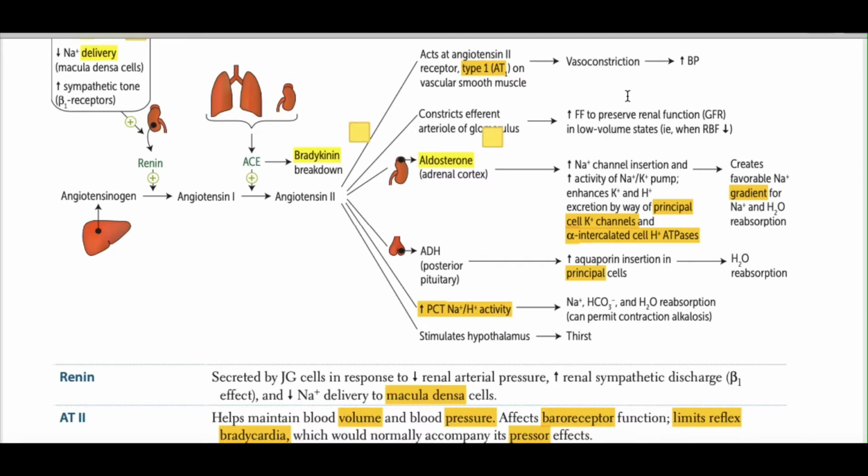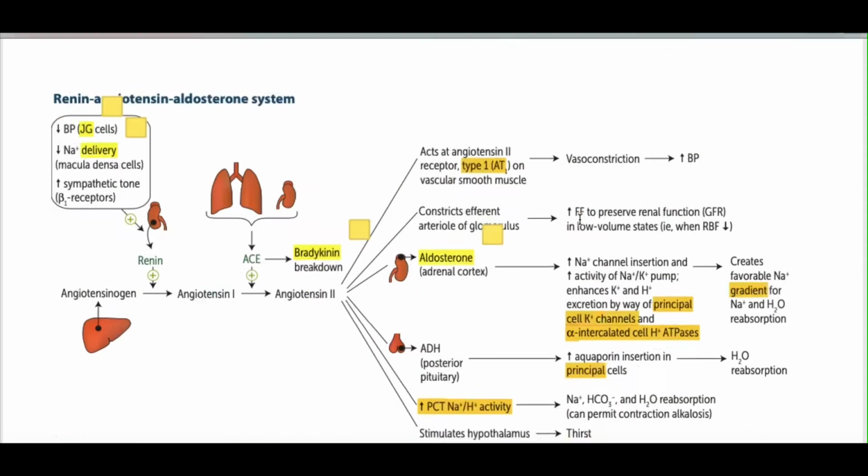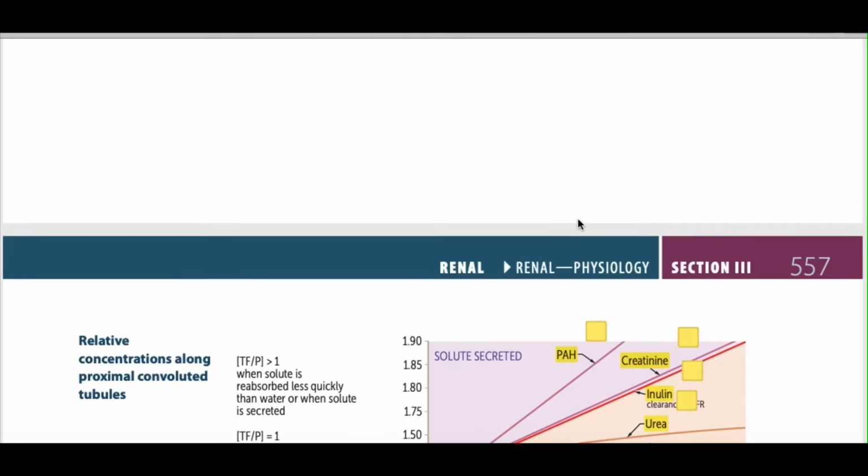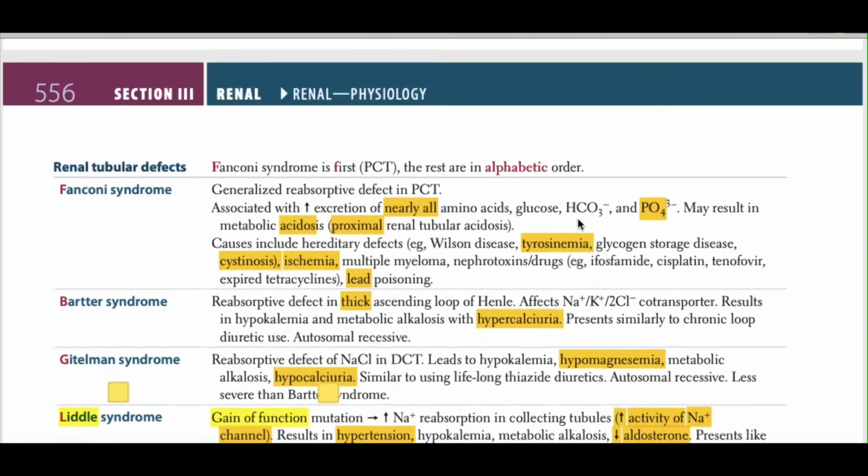increase in blood pressure. This angiotensin 2 will also constrict our afferent arterioles of the glomerulus, so that will eventually result in increased filtration fraction to preserve renal function in low volume states. So when there is decreased renal plasma flow, this will help to increase filtration pressure, as we have already studied how angiotensin 2 helps in